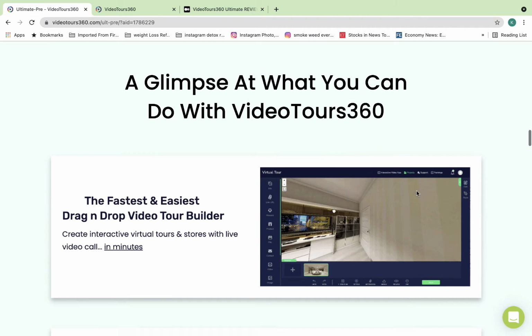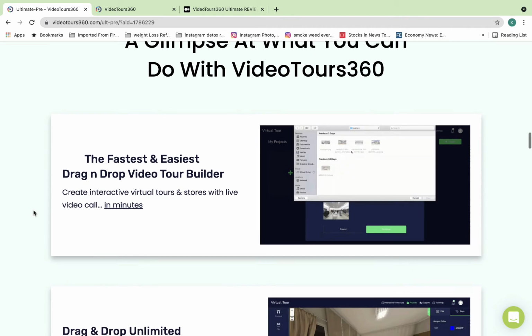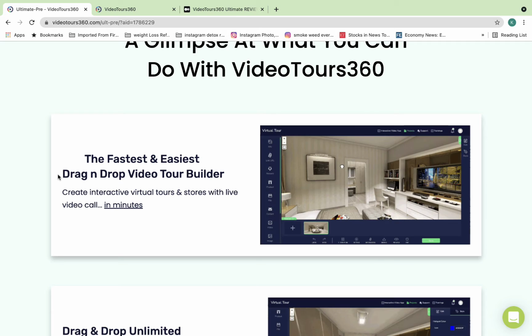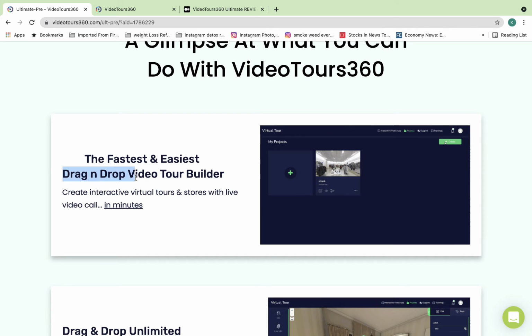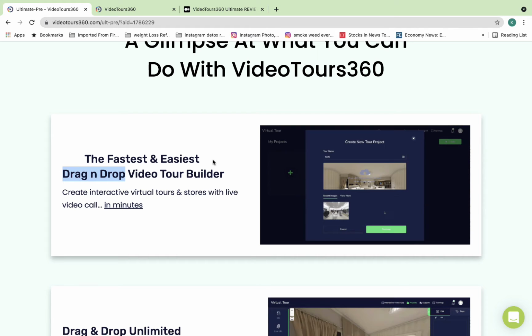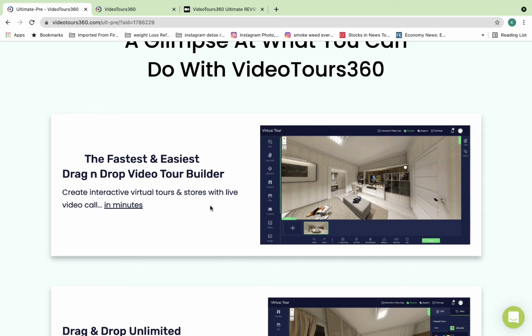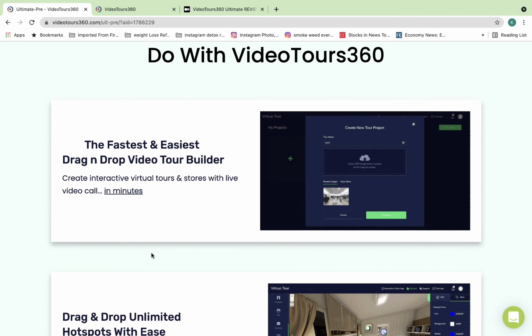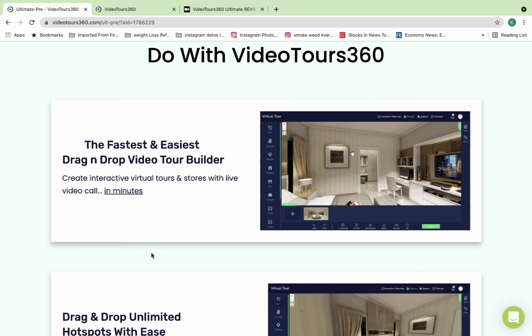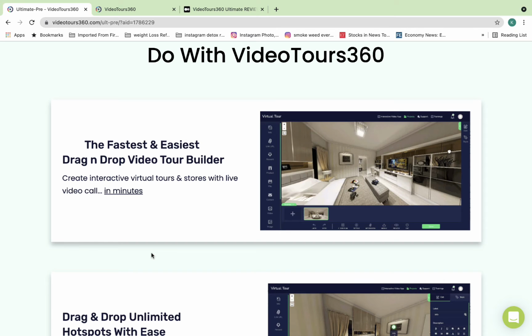Now let's know about its awesome features. First of all, it involves a drag and drop feature, which means you simply have to drag and drop the icons to create your interactive virtual tour.